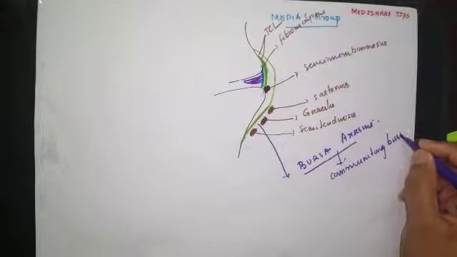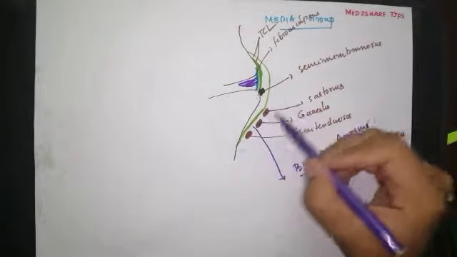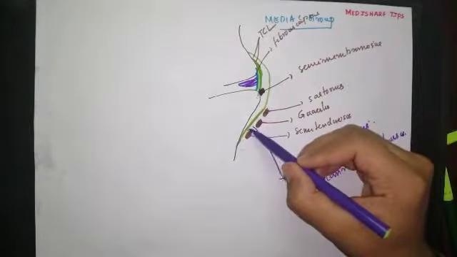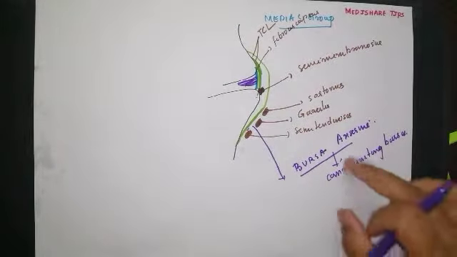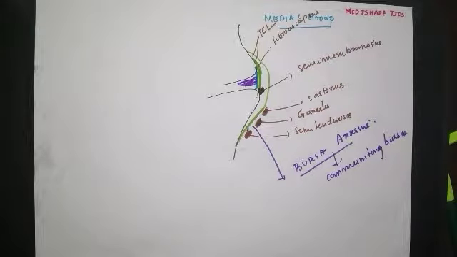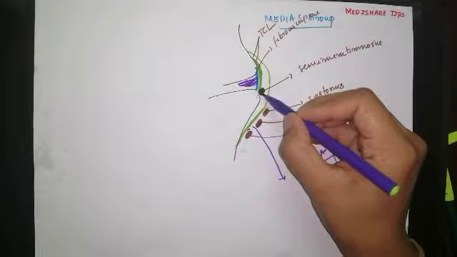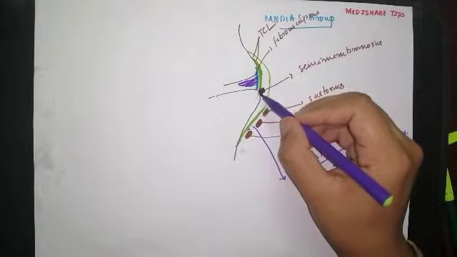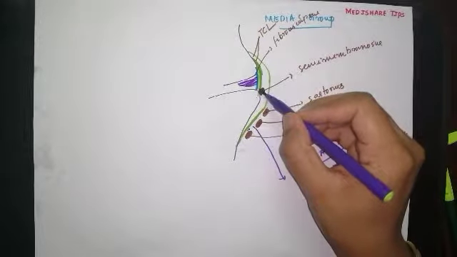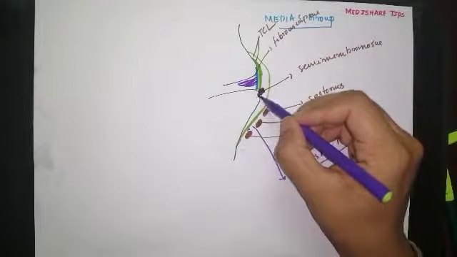So this is important. This is called the anserine bursa, that is located between the tendons of sartorius, gracilis, semimembranosus and the tibial collateral ligament. That is bursa anserina, a communicating bursa. And we can see that the semimembranosus is attached to the posterior part of the medial condyle of the tibia. So between the insertion of semimembranosus and the medial condyle of the tibia, there is also a bursa